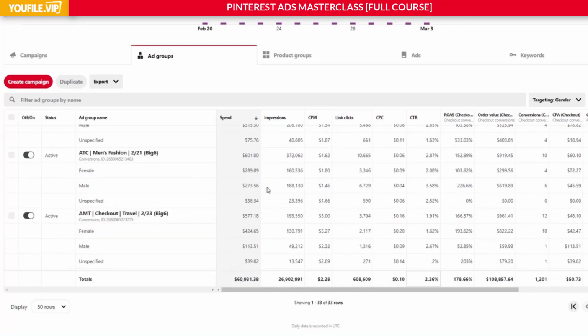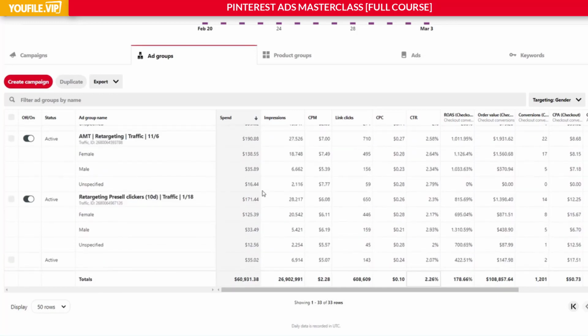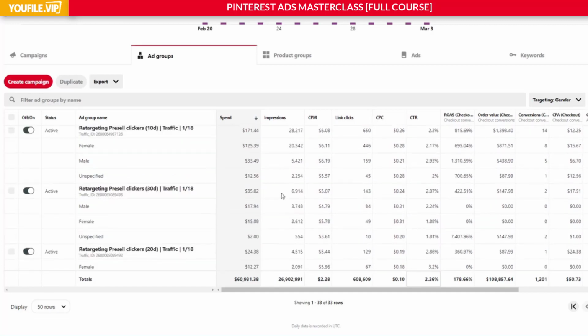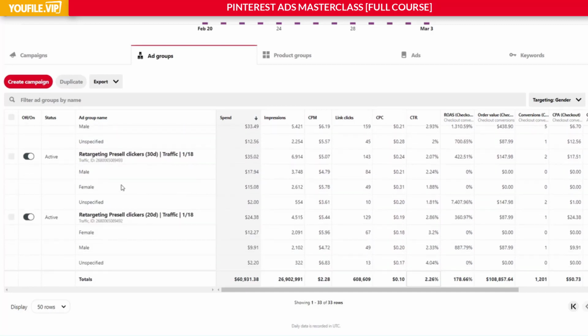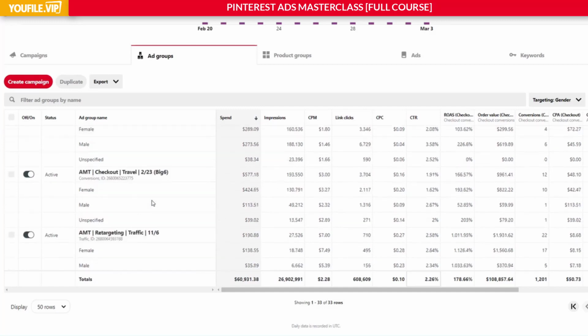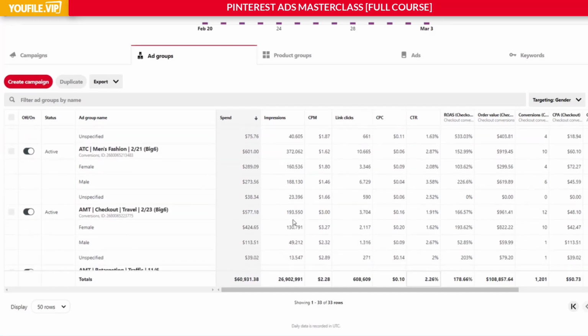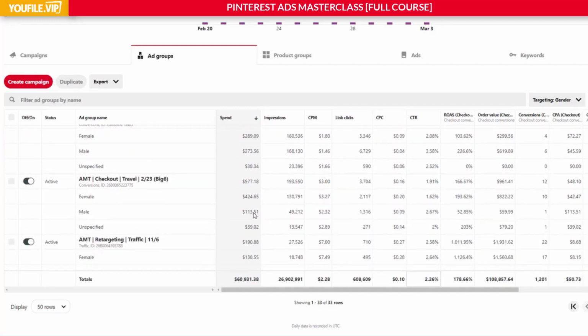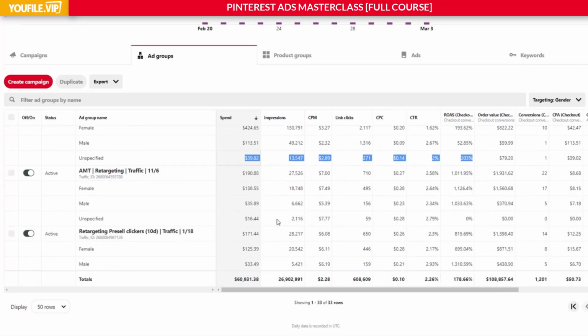If you've got a good campaign running overall and you can see that other ad sets are making money and getting purchases, something like this as a resell, or retargeting rather. Wow, that one's got 203. Okay, but anything like this, unspecified, it only spent $16. It hasn't gotten any sales yet, but my break even is